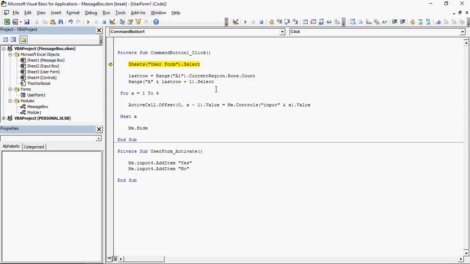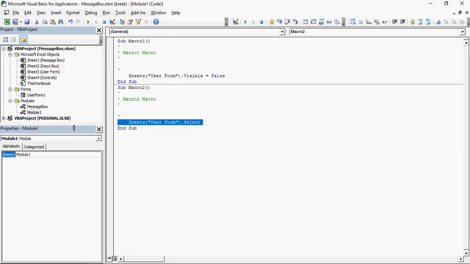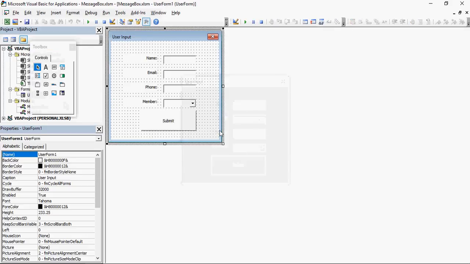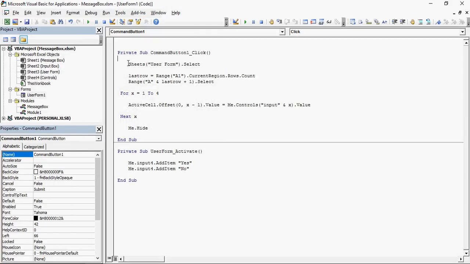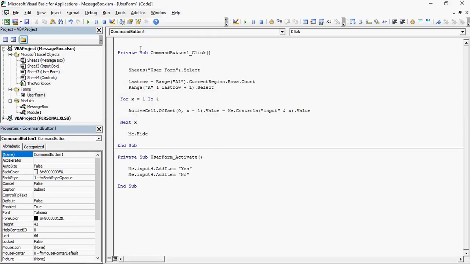And what I also need to do is, if I go back into there, sheets visible, back into the user form, and up here let's paste that in. So we've made it visible, true. We're selecting the sheet, and what we can now do is let's just select both of those, copy them, and